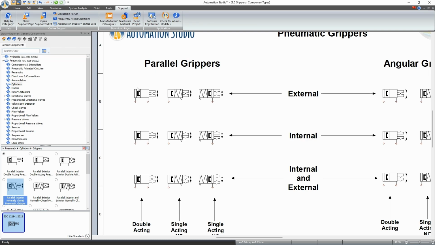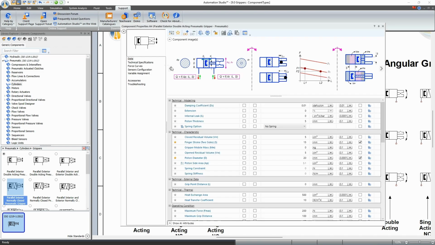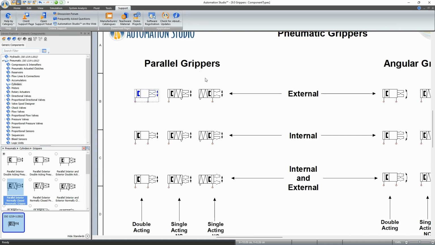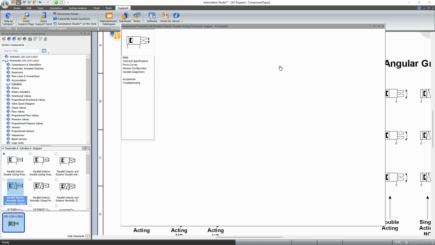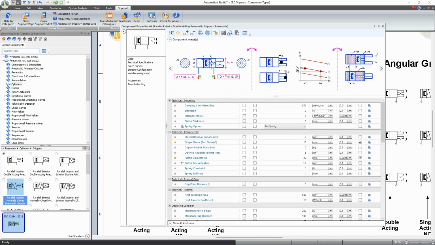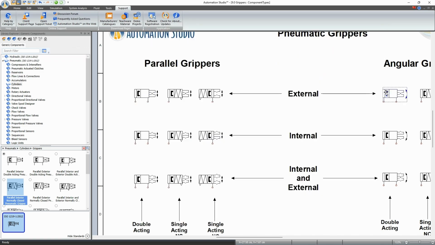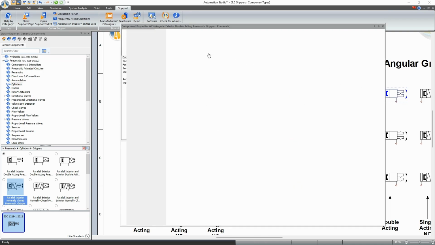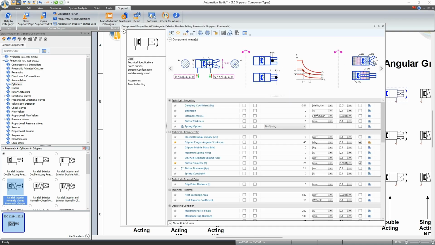They are all quite similar in how they operate. If we look at one, for example, and look at the component image, what we have is a piston with a piston area and a rod side area. This is linked by a mechanism which will open or close the gripper fingers. Obviously, the parallel grippers open in a parallel motion. In the image you can see it goes from parallel close to open in this fashion. The angular grippers show similar behavior, but instead of opening in parallel,